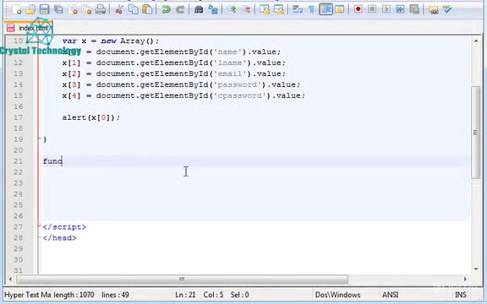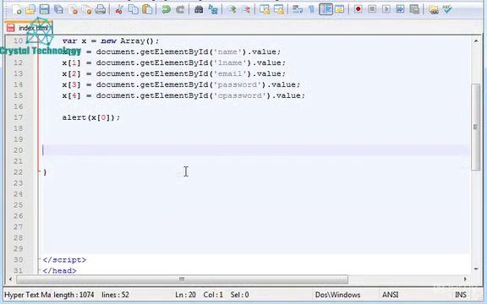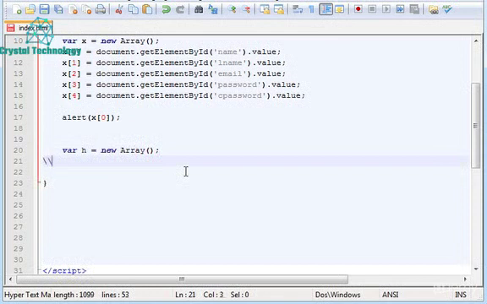So let's proceed with a new function. Inside the same function, I forgot to mention this, we still have to create another array with the outputs that we will have for the different inputs. So I'm going to create a new array, call it variable h, new array, and in here I'm going to type h 0 equals to